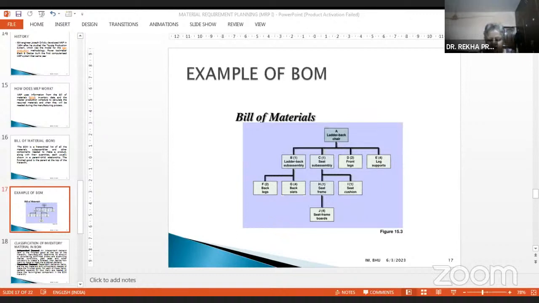Suppose it is a chair. It is a ladder back chair. So you require a ladder back subassembly, seat subassembly, front legs, leg support, and in the ladder back you require back legs, back slots.